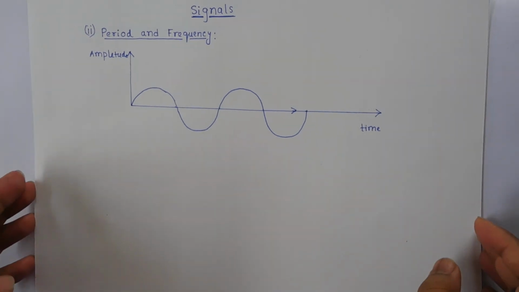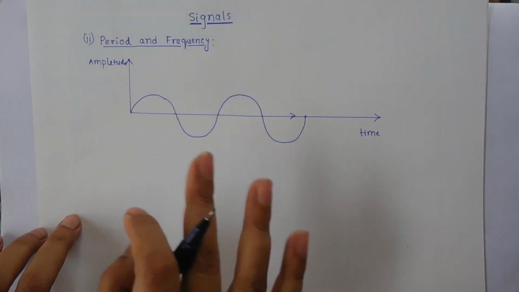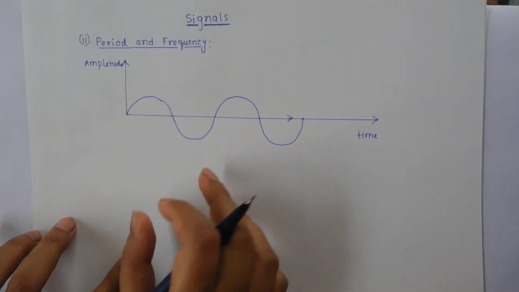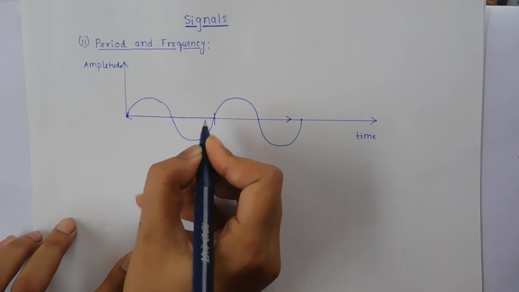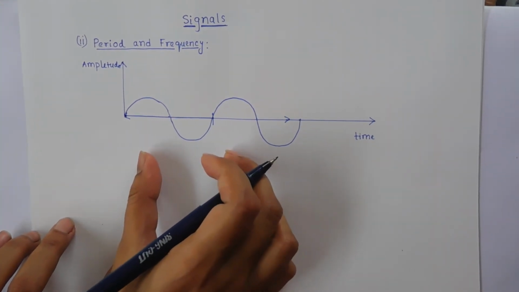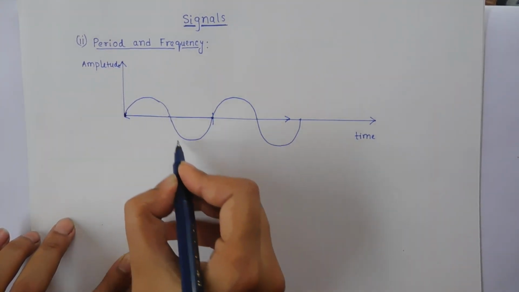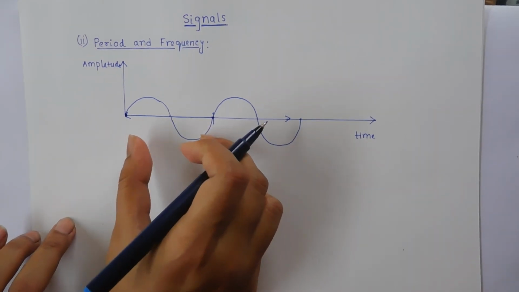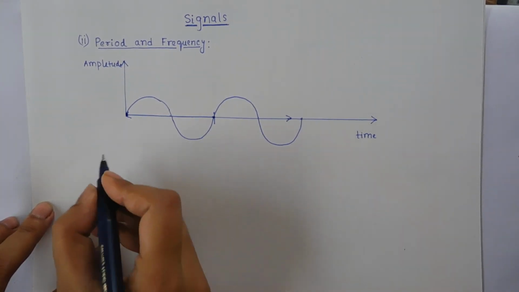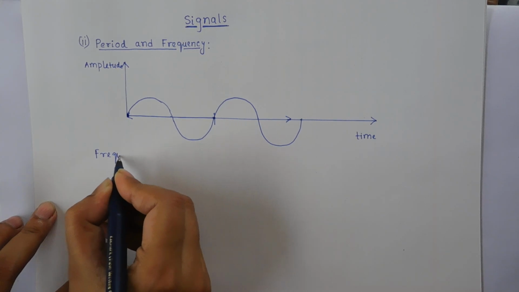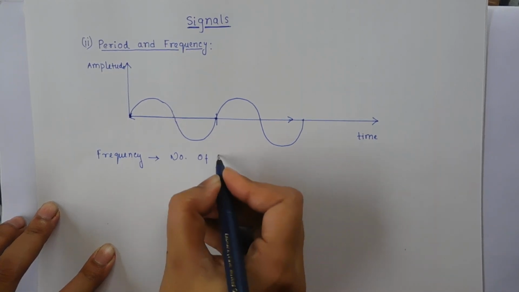Now for this signal, we can say the second characteristics are period and frequency. This is called a period, where a signal completes one cycle. This is one cycle, so this is called the period. Now the frequency is referred to as the number of periods in 1 second. So frequency means the number of periods